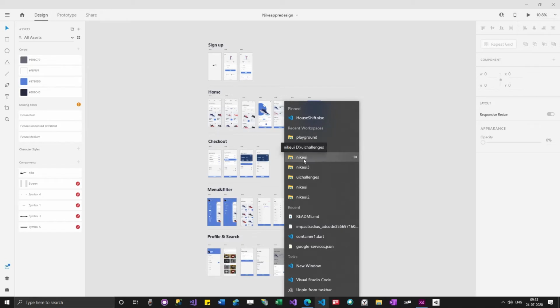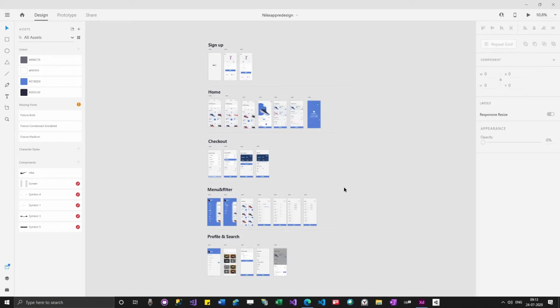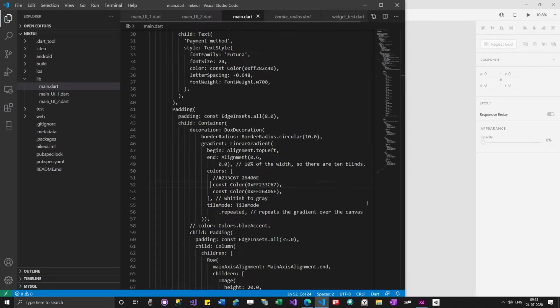So this is the app. Let me open the emulator also.